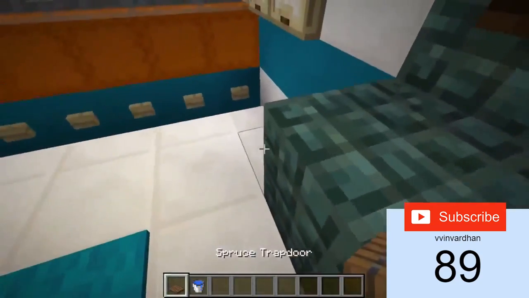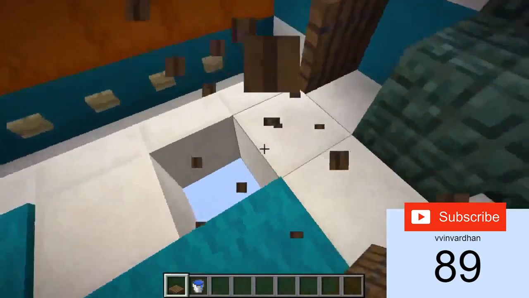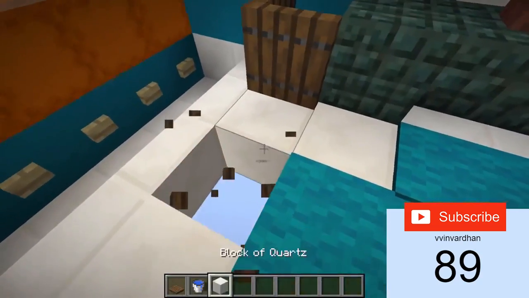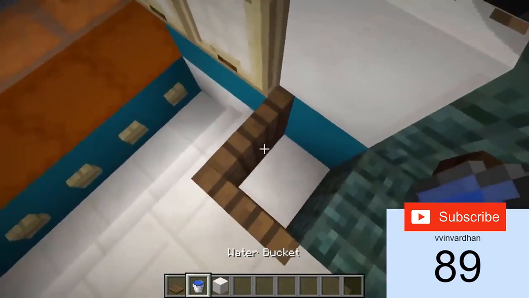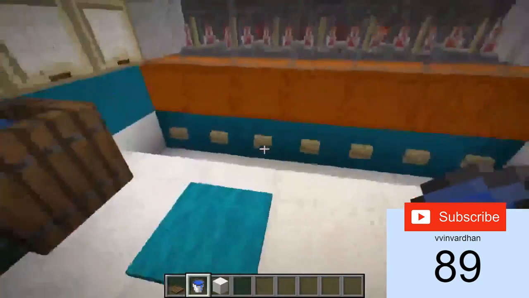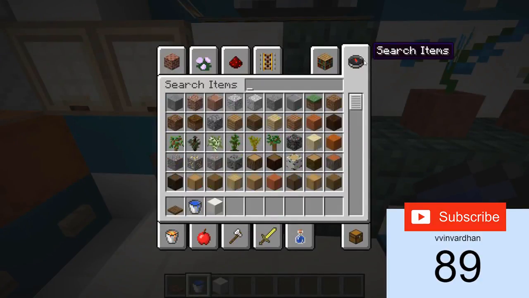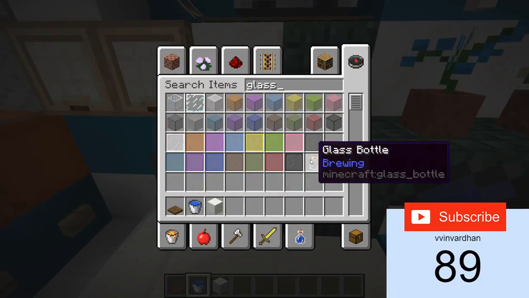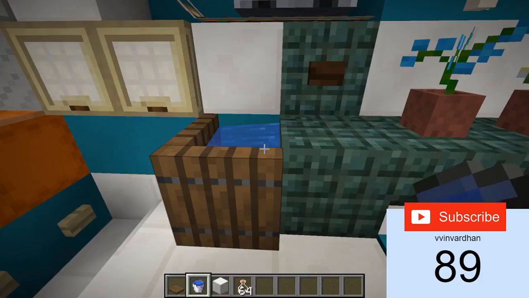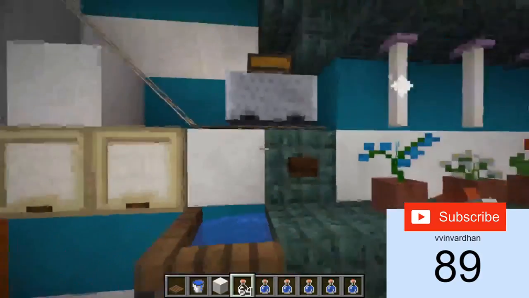You come here, you place your trapdoor like that, and then you place another trapdoor, oopsie, just like that. Just quickly fix that, and then you waterlog this trapdoor like that, and there it's done. Now this is really convenient, because you can just go here, take some glass bottles real quick, and then stand here and fill the bottle,